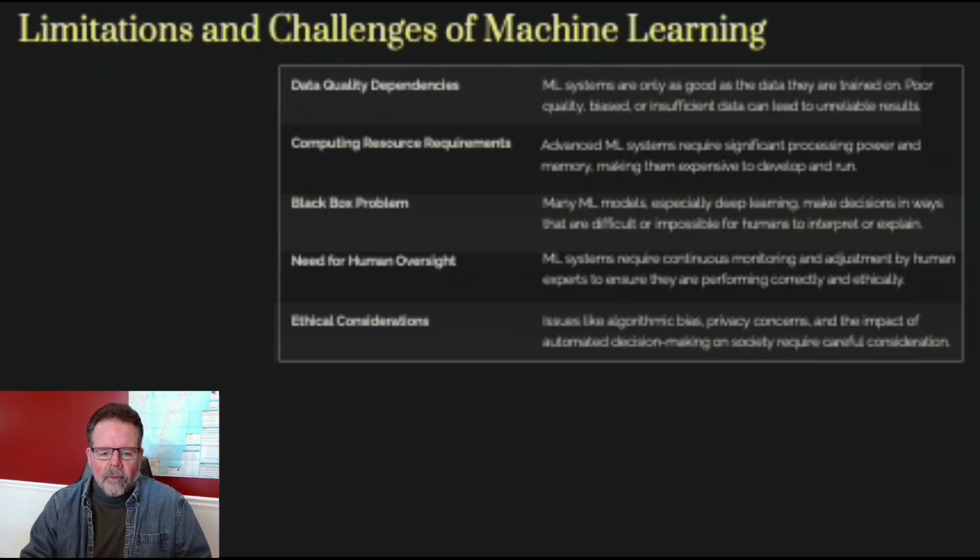It's very important to understand that every technology has its limitations. Machine learning is no different. What we're saying here is that machine learning depends on data quality. GIGO, garbage in, garbage out, is alive and well. It can't do better than the data it's given. The computing resource requirements for machine learning are huge. It is expensive, time-consuming, and costly to program ML models. Then you have what we call the black box problem, coming out with suggestions or outputs that we quite frankly don't understand and don't know if they're right.